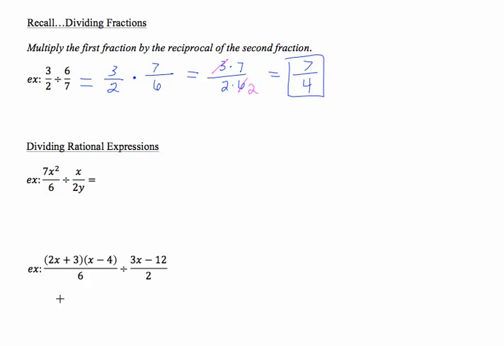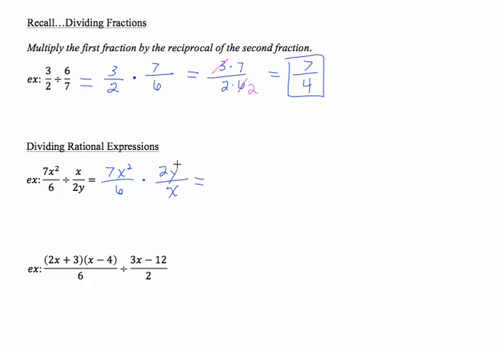Okay, with rational expressions, the process is exactly the same. So here we have 7x squared over 6 times 2y over x. Now you definitely need to multiply by the reciprocal, in other words, do this step right here, before you start simplifying. Because if you try to start canceling factors at this step before you multiply, you'll be canceling the wrong factors, because see, in reality here, it doesn't look like any x's will cancel because you have x's in the numerators of both terms. However,